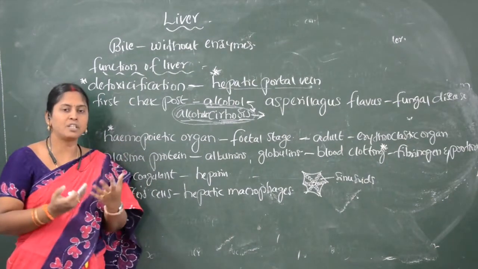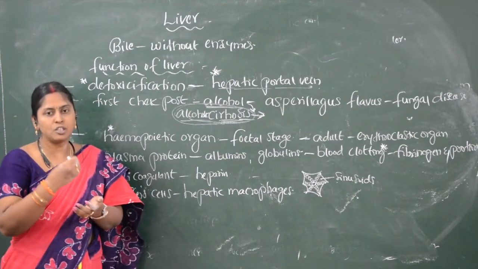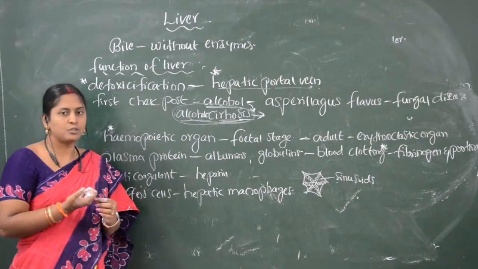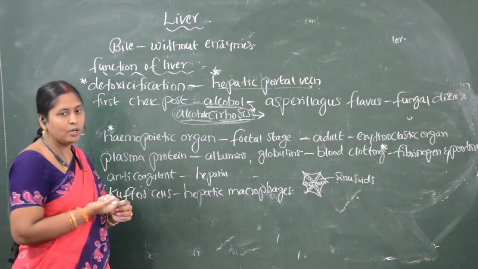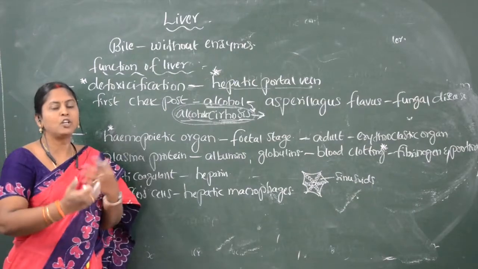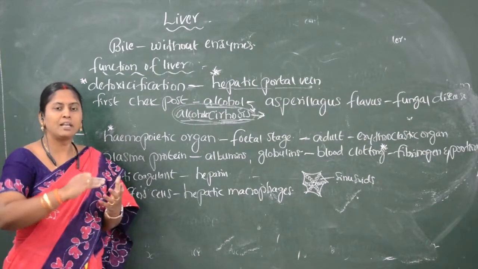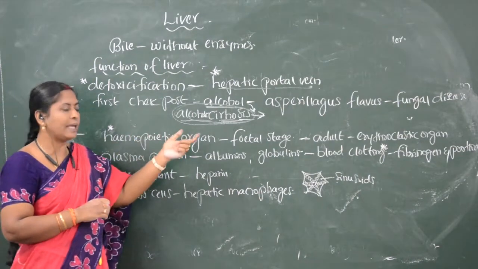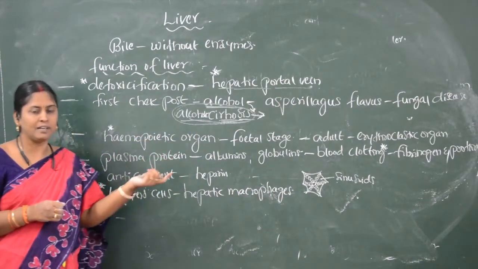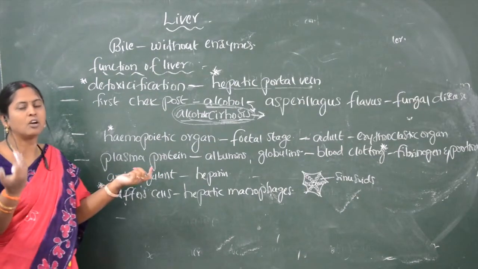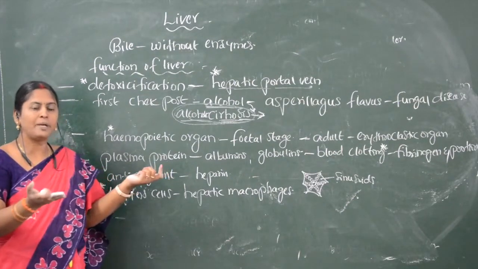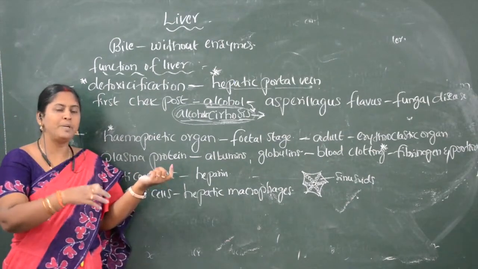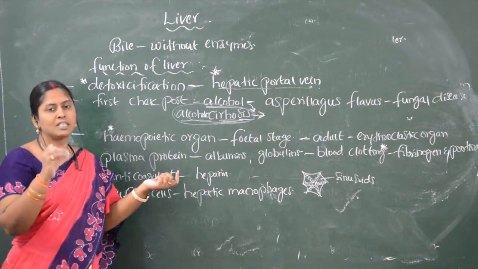Another function concerns persons who are consuming alcohol. Alcohol affects the body. Alcohol will not directly enter the blood circulation; it is detoxified by the liver cells. But only a little amount of alcohol can be detoxified by the liver. If the person is continuously drinking, the larger amount of alcohol cannot be detoxified, so the alcohol present inside the liver cells will cause damage.